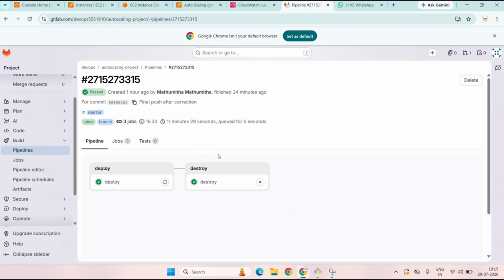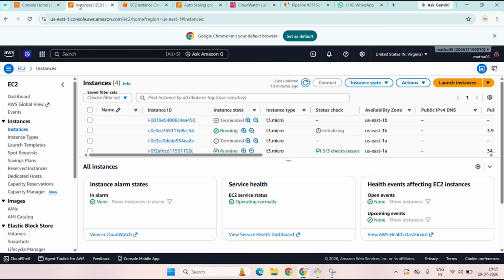The pipeline actually fetches the latest code from GitLab and executes the deployment steps that I have configured. This is one of the major advantages of using CI/CD, because it saves time, reduces manual work, and provides a consistent deployment process. Now, let me move to the AWS management console. First, I'll move to the EC2 instance and